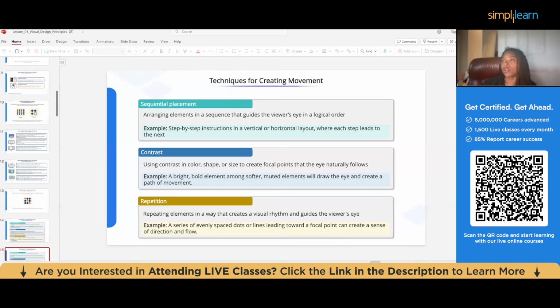and create a path of movement. And then you have repetition, repeating elements in a way that creates a visual rhythm and guides the viewer's eyes. For example, a series of evenly spaced dots or lines leading toward a focal point can create a sense of